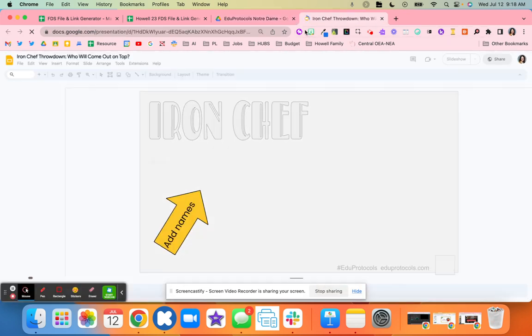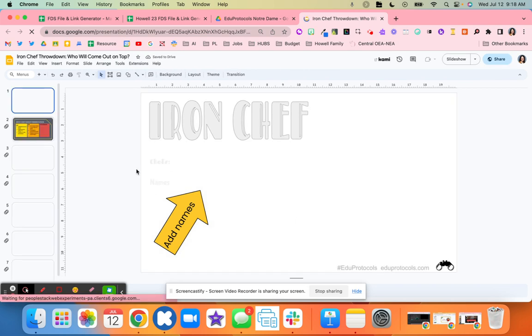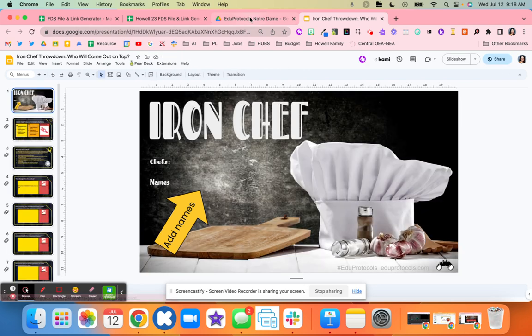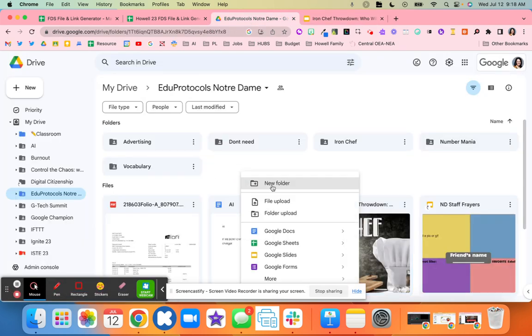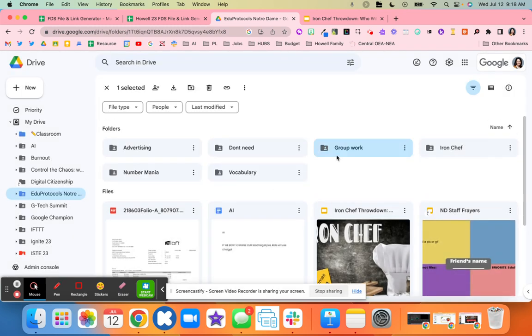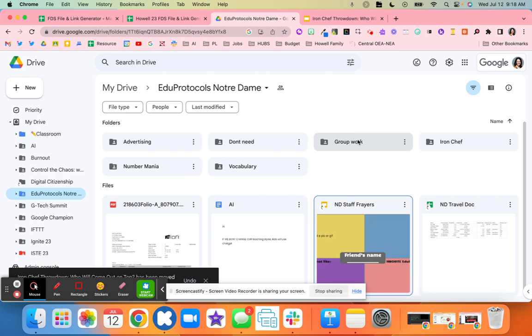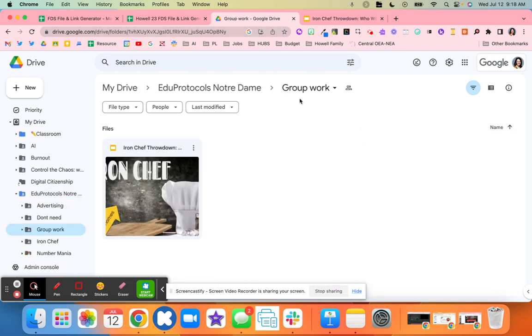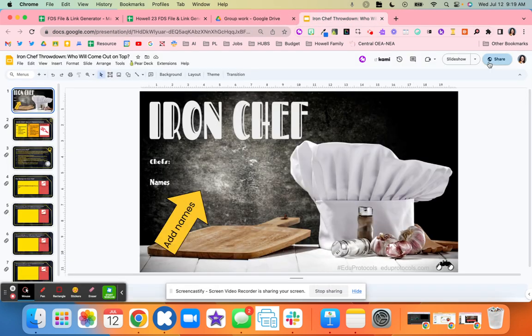So first thing again is have your template. So right here, I'm going to have my students do this Iron Chef activity. I'm going to come into my drive and I'm going to just call it group work for today. You can call it whatever you need to. Then I'm going to move my template into that folder. So again, that template is now in my folder. Now I can take this link,